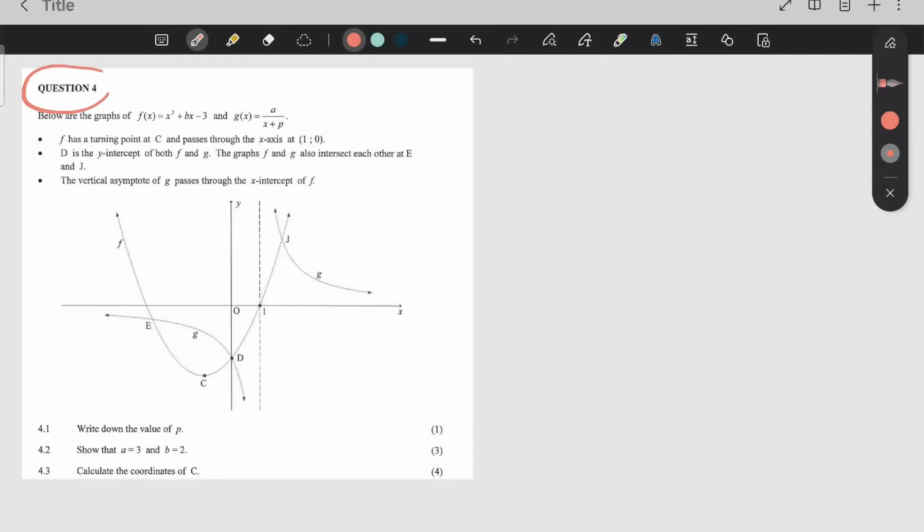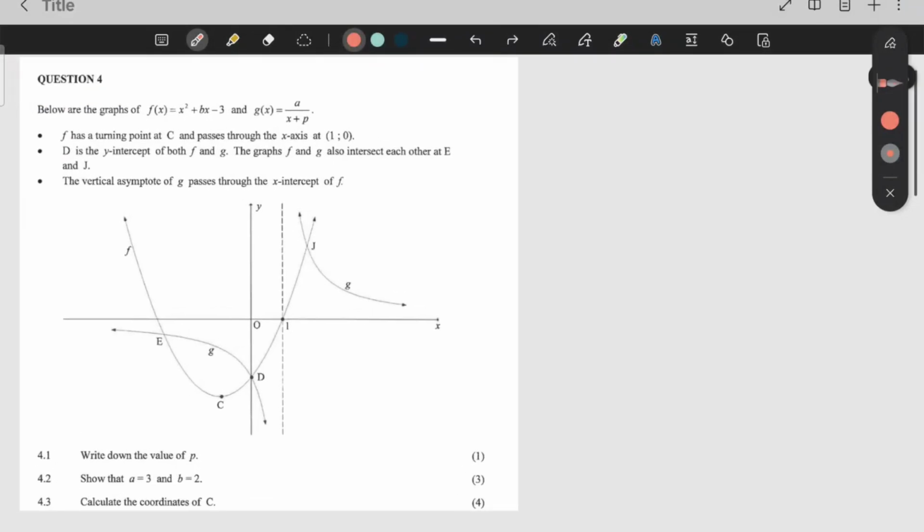Let's look at question 4. The question says, below are the graphs. f(x) is equal to x squared plus bx minus 3. So this is a parabola, okay? And g(x) is equal to a over x plus p. This is a hyperbola. f has a turning point at C, so there you see,